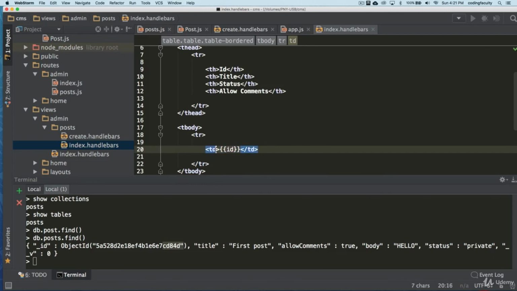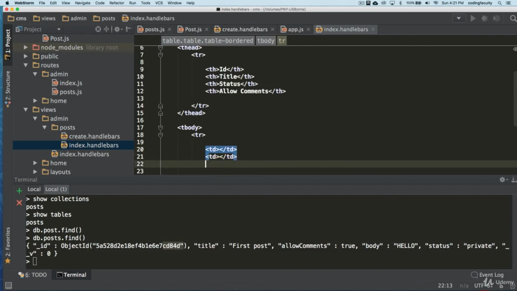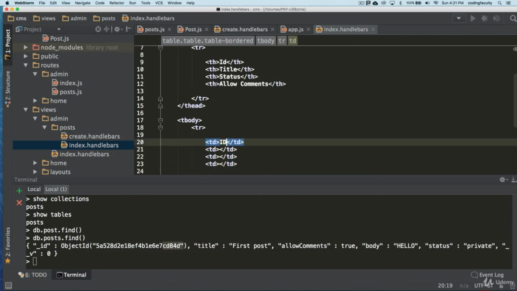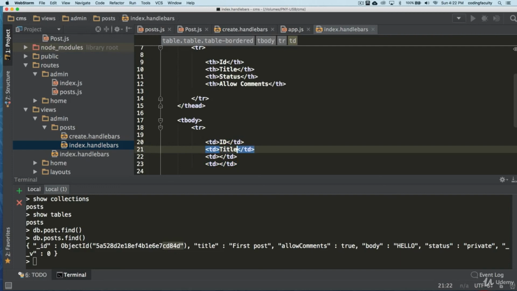But before we do that, let me show you. Let me just put four of these here. This would be the ID here. This would be the title, the status. Let's just see how the form looks before we bring any data, and comments.